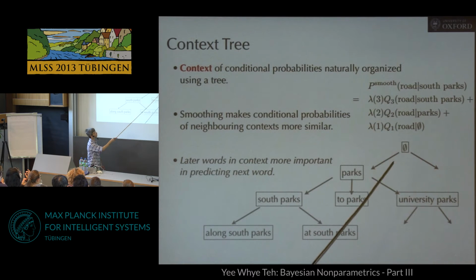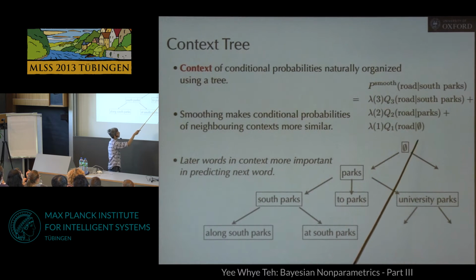But maybe if you have not even seen the word parks before, we'd like to back off further. If I have no information about this particular context, let me just estimate the probability of the word road simply based on the number of times this word has occurred in my data set. So this creates basically a context tree,